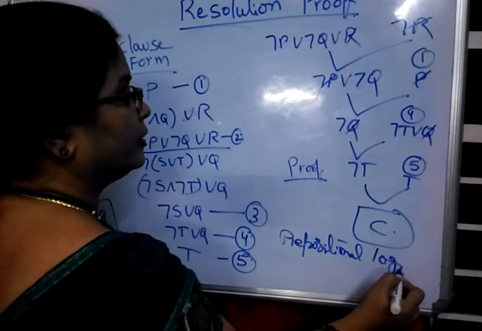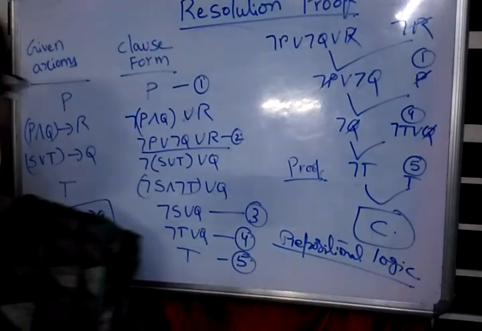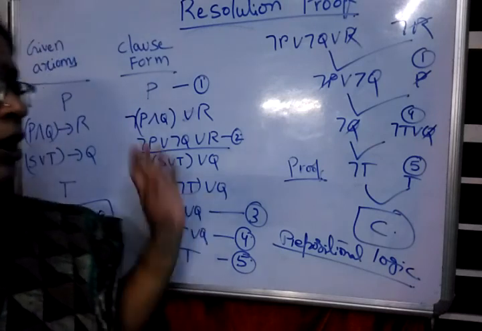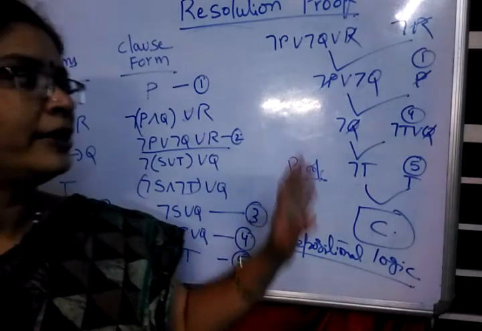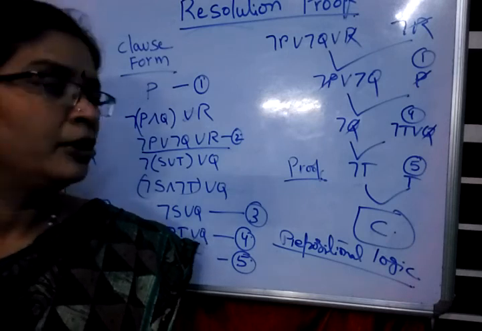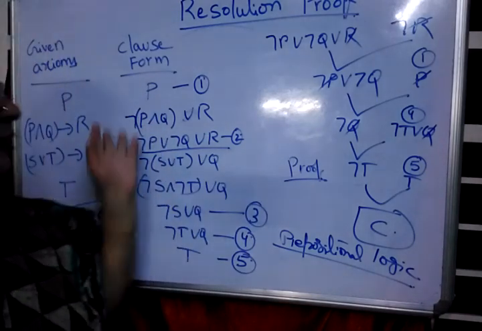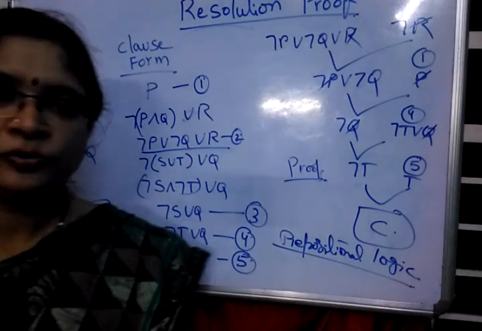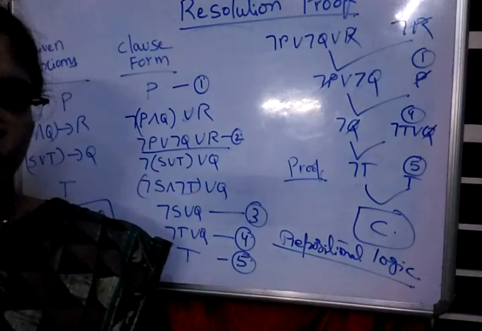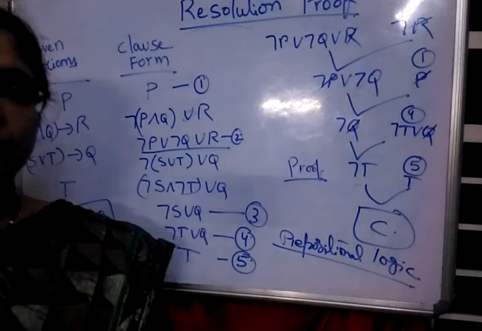In the coming videos, we will discuss resolution proof in predicate logic also. There the concept is the same: we have to cancel all the terms and finally prove the contradiction. But the way of cancelling and applying the equations is different. That is what the resolution is. In the coming videos, we will talk more about resolution in predicate logic.